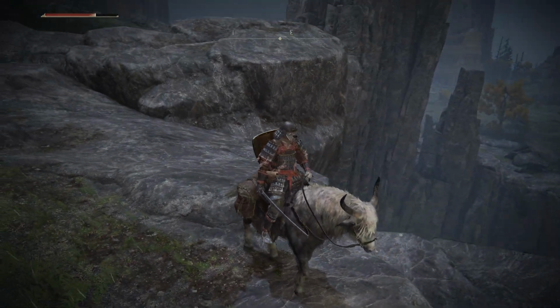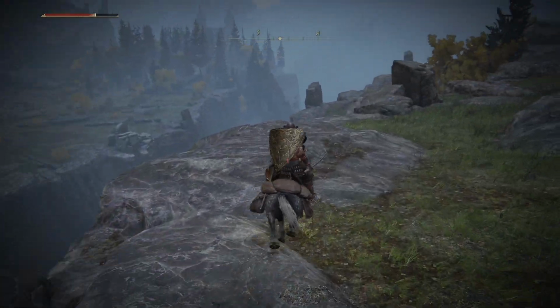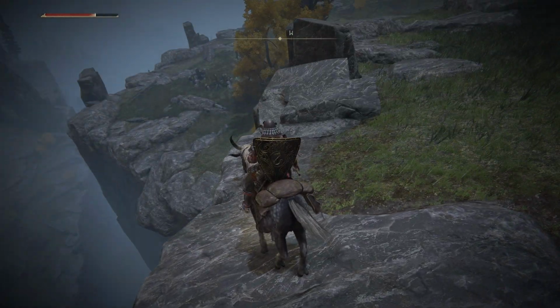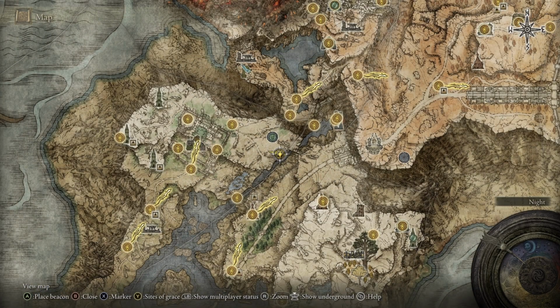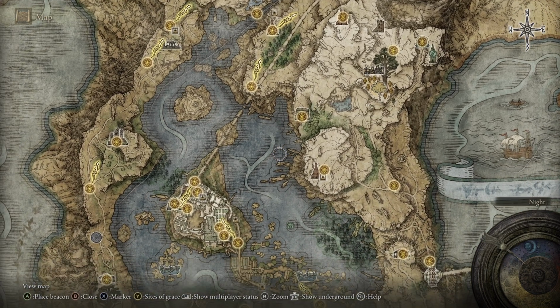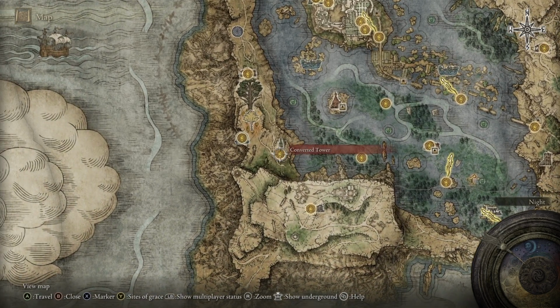I thought there was a way across this chasm. But maybe not. Oh, there is in the lower area. Okay, so, all right, so I'm going to call this area done. There's this here, which is, you know...